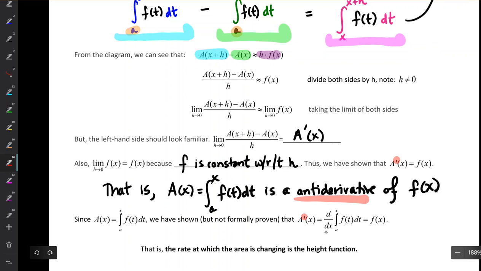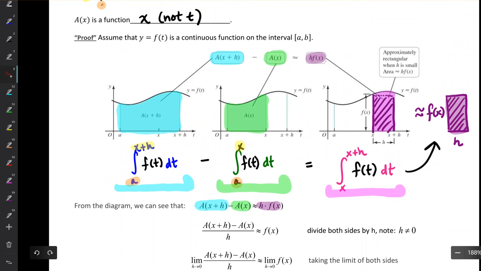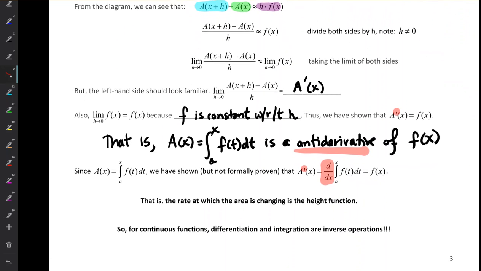The derivative of A, here I'm using my derivative operator notation. What's A? A is typed right here. A is a function of x, is just f of x. That is what we're saying: the rate at which the area is changing is my height function, which is somewhat intuitive. We're drawing the h huge, but for a very small h, you're adding on a little teeny amount of area that is our height function. That's the rate at which that area is changing. Said another way,